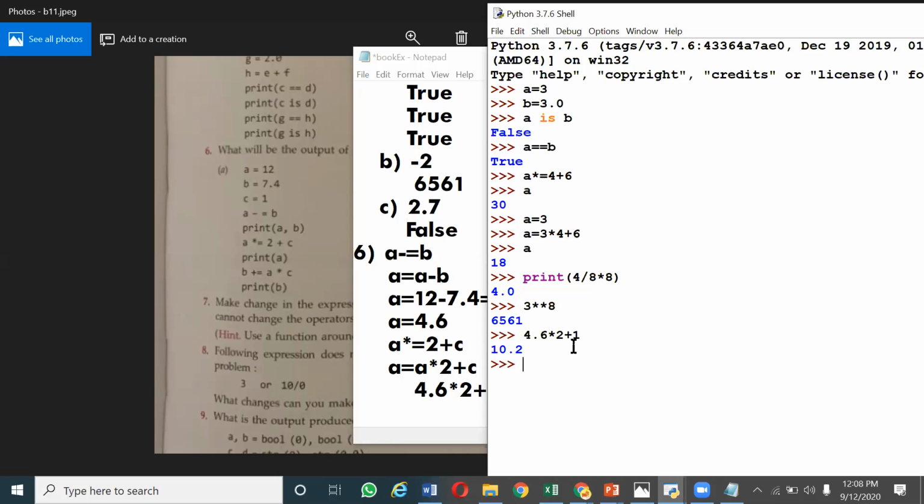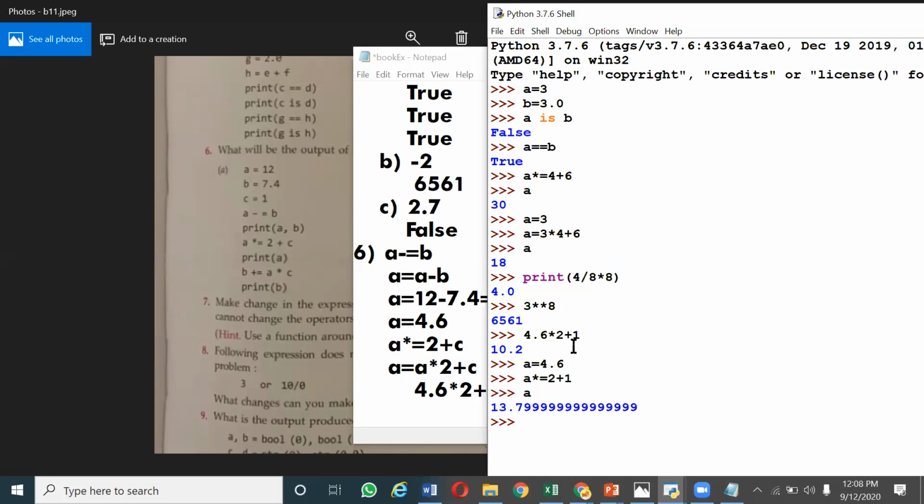However, if A has the value 4.6 and I write the expression A star is equal to 2 plus 1, and then print the value of A, look at the answer. It is 13.8.